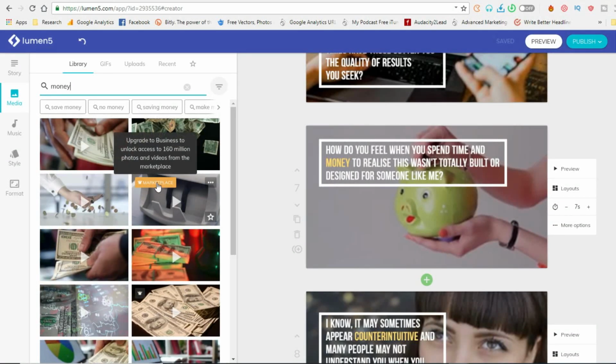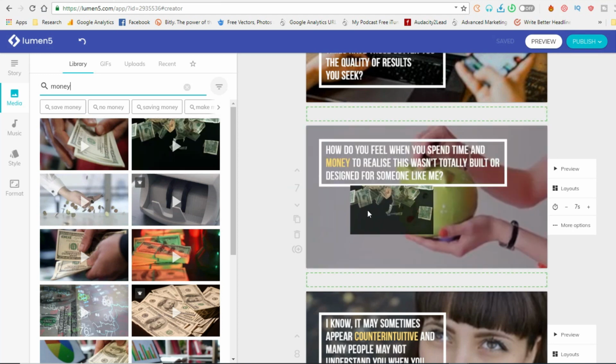Now, when you see anyone that looks like this with Marketplace, it means that you need to upgrade your plan in order to access that. But when you see others like this, you see that they are free. So in this case, let me use this one. You basically drag it over to